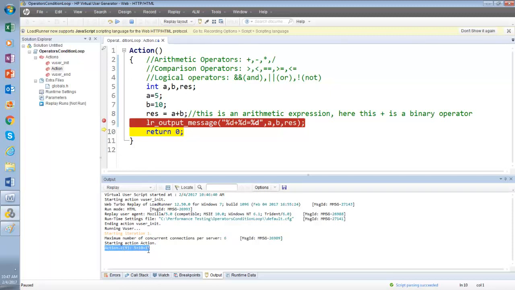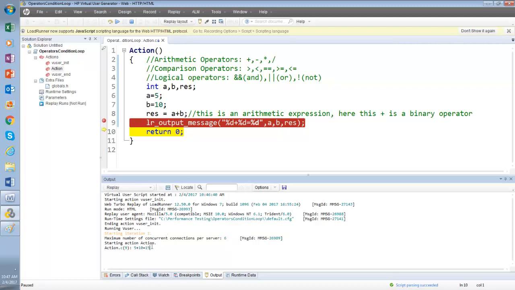What are we getting? 5 plus 10 equal to 15. Are you understanding? Make sure you ask questions if you don't understand. So from the output window, we can say from line number 9 we are getting that output.